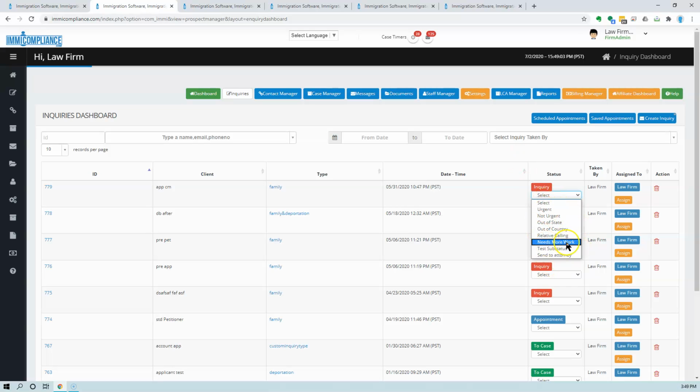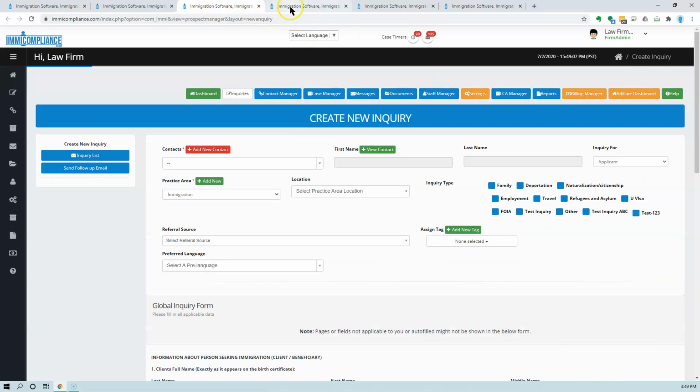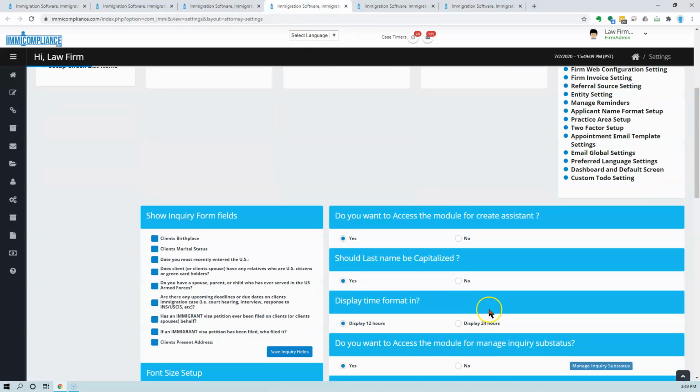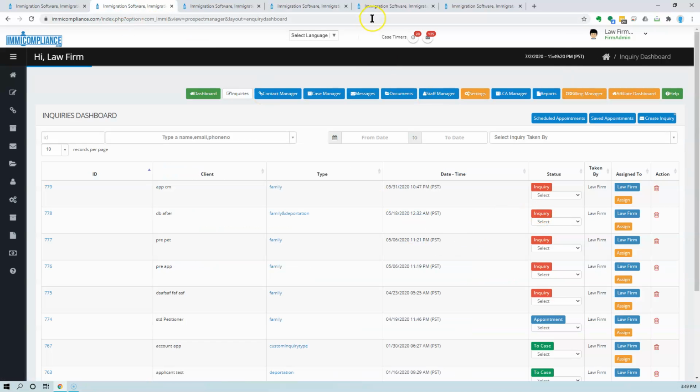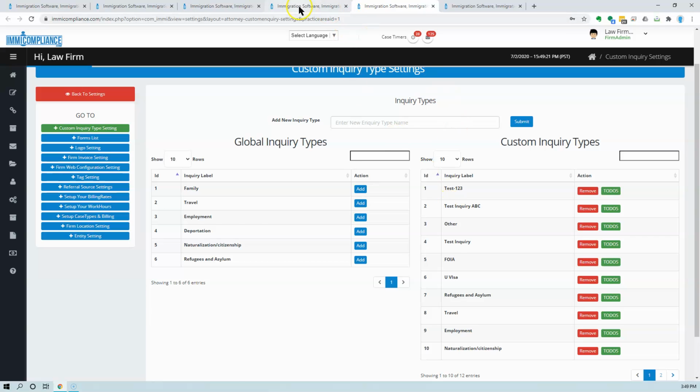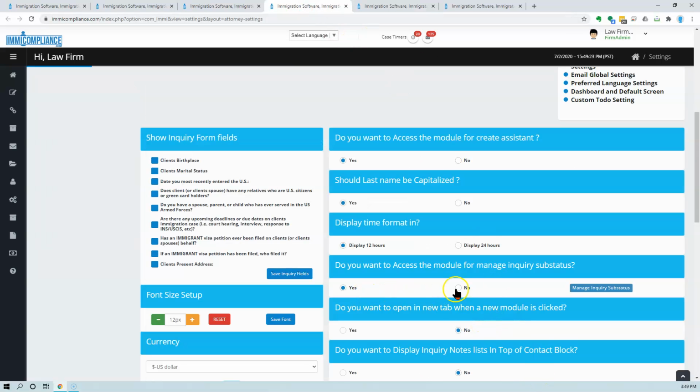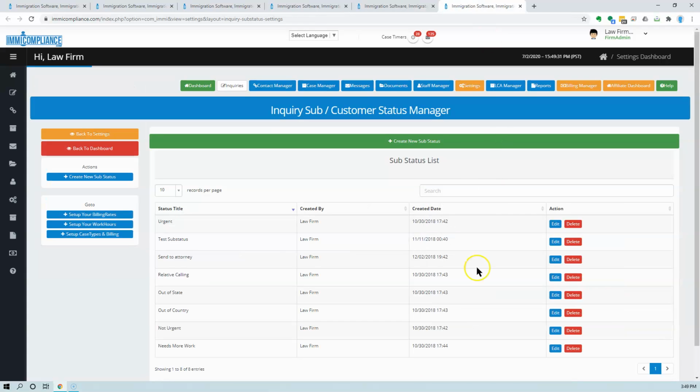You can customize this chart as well. To do this, you go to the settings. Here in the settings, you have an option here. Do you want to access the module for inquiry subtype? You click on this. If you do not want to see this subtype, you can turn it off from this screen. You can turn it off and it will not show the subtype. If you want to see it, you will go to this button and this is where it will go,